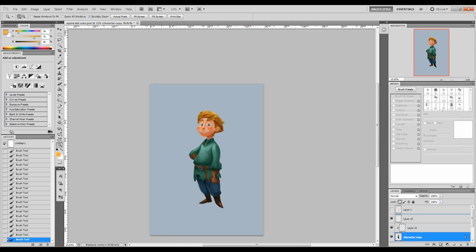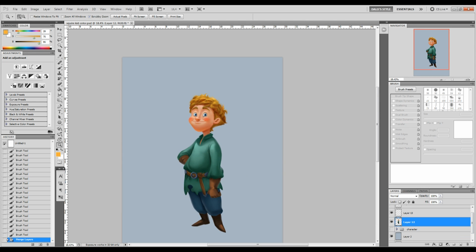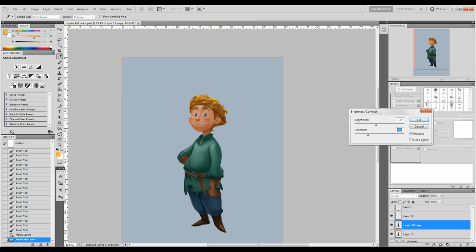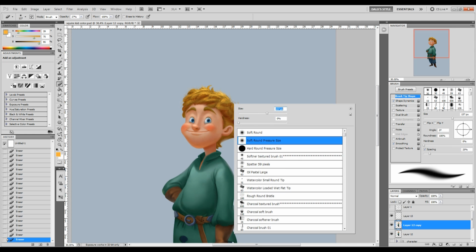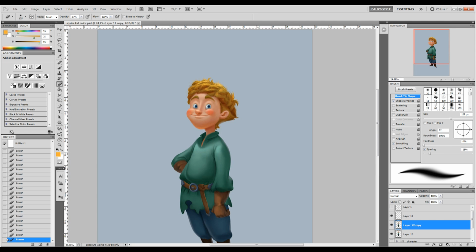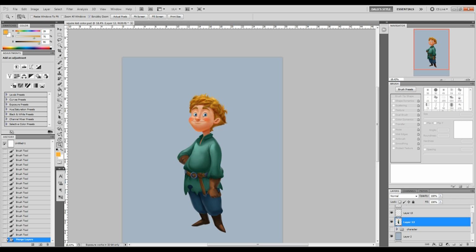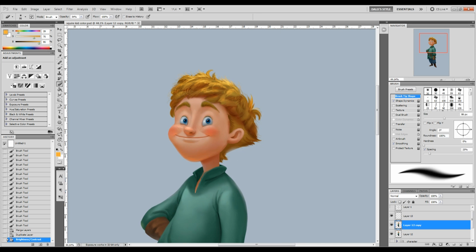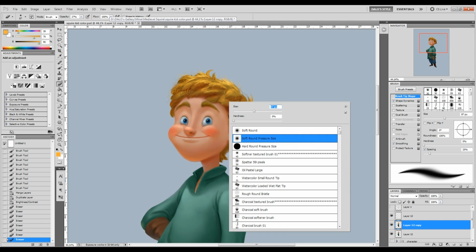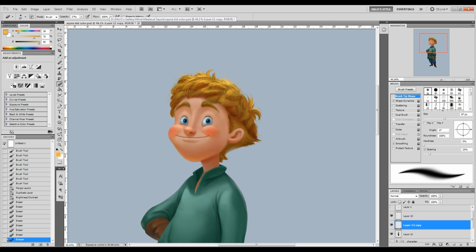So after that, I merge all the images, all the layers, I mean. And this time I will show you how I make a 3D effects more. So duplicate your layers and then put your brightness down and contrast down like this. Then you just erase the highlighted part where the lights